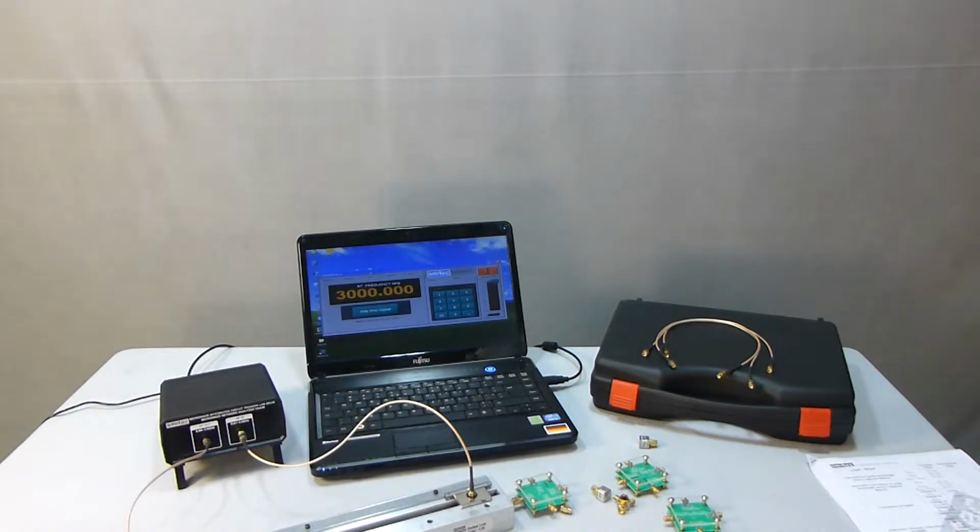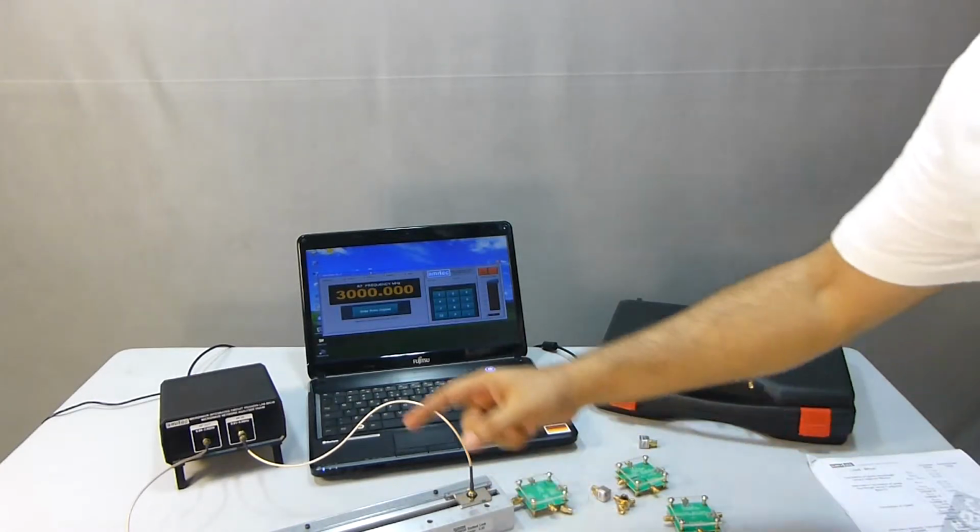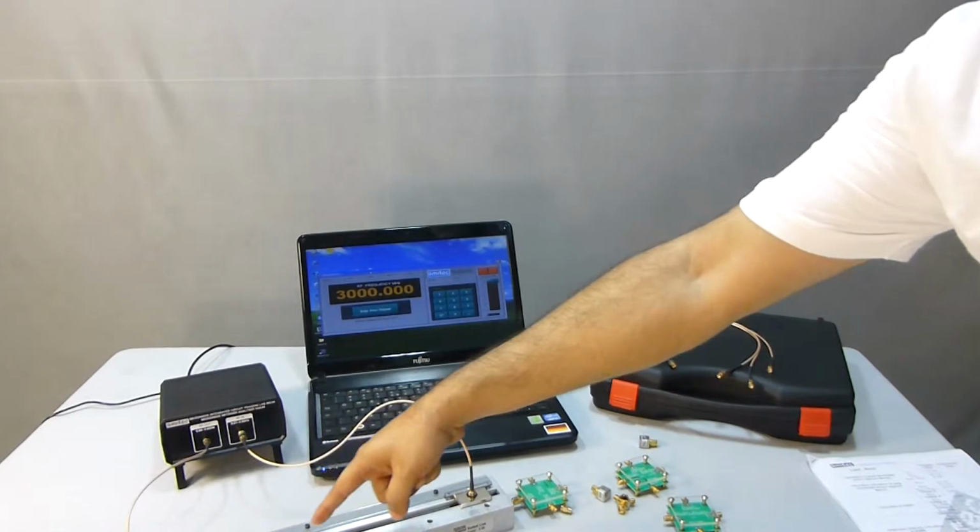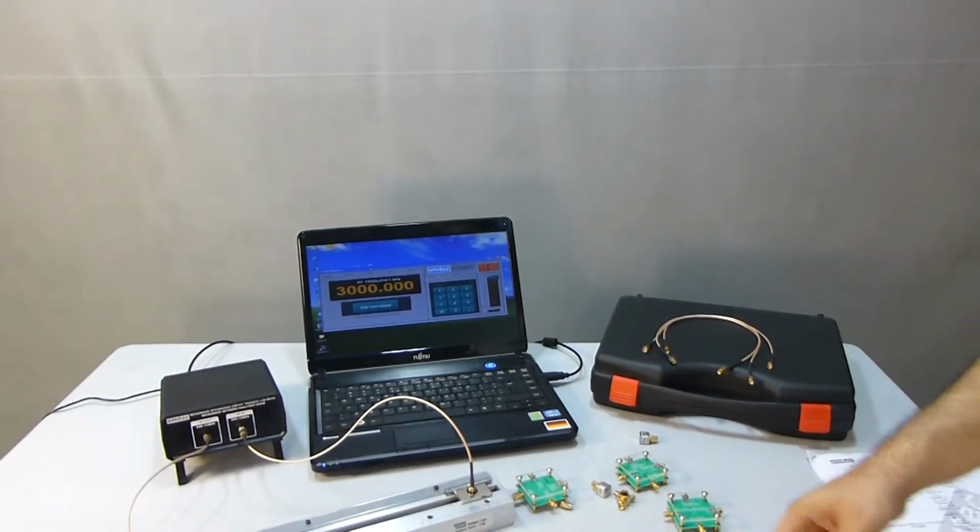It also consists of an RF power meter with a frequency range from 10 MHz to 4.4 GHz. The instrument is controlled via a LabVIEW interface which is compatible with Windows XP, Windows 7, Windows 8 and various other operating systems. Now, as you can see, we have connected the signal generator output to the coaxial slotted line.